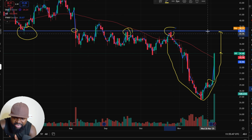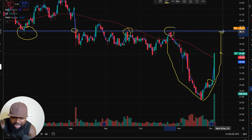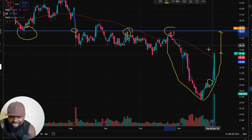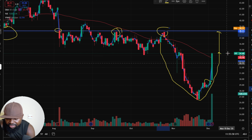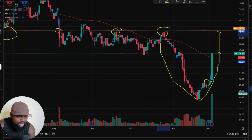So this thing needs to hold above here, right? Let's see if it's going to hold above 38.50 when the market opens, because it looks like a strong stock. It's a strong recovery from here. So let's see what it does. This is something that I'll be really interested to see what happens with today. That's HY. I'll be interested to see what HY does today. The next one that we take a look at is